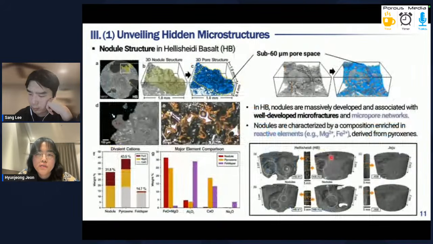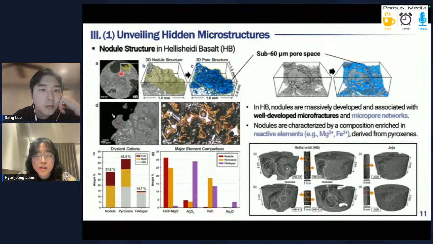First, our review of the heavily shady basalt CT images reveals that these nodules are prevalent across the entire heavily shady basalt, often appearing in massive clusters, as seen here. And it is crucial to note that they are not just isolated solid lumps. Instead, they are integrated with a network of microfractures and micropores. And you can see how the sub 60 micrometer micropore space surrounds these nodules, forming a highly accessible architecture for